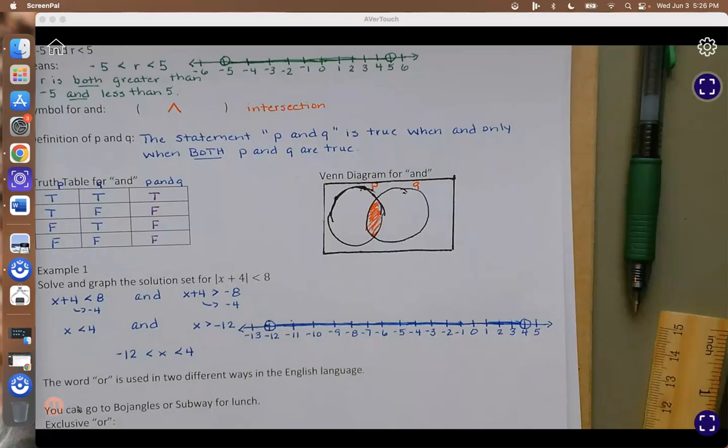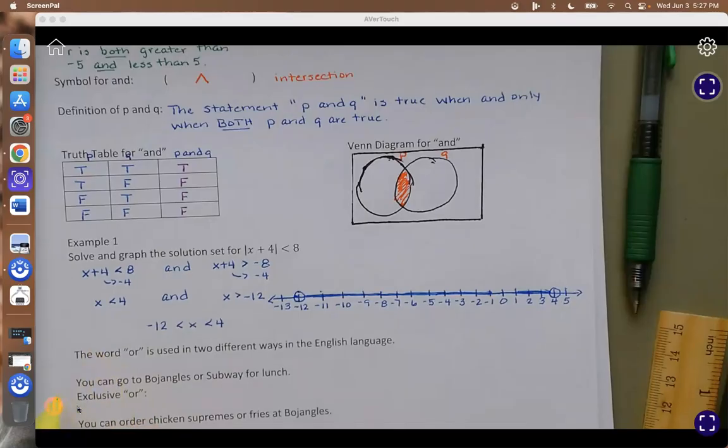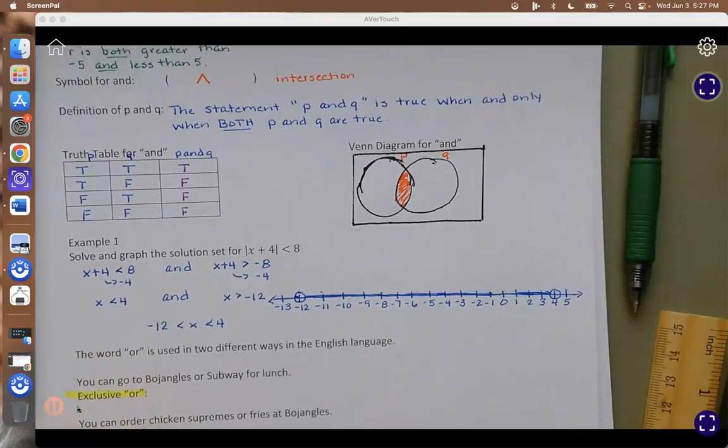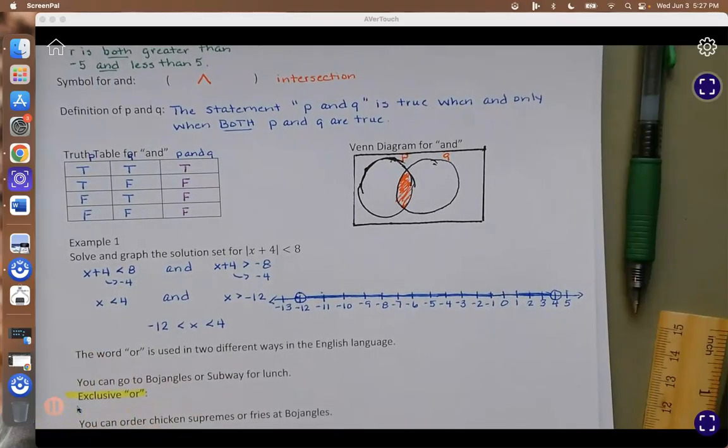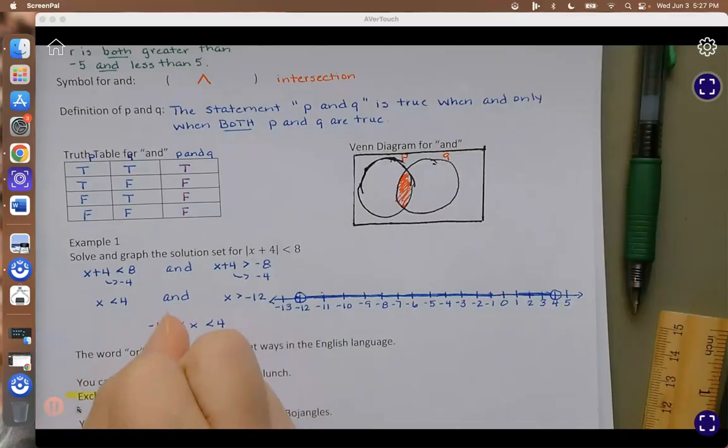Okay? So, next, the word or is used in two different ways in English. You have an exclusive or an inclusive or. So with or, you can say, you can go to Bojangles or Subway for lunch. Okay? So what they mean by that is